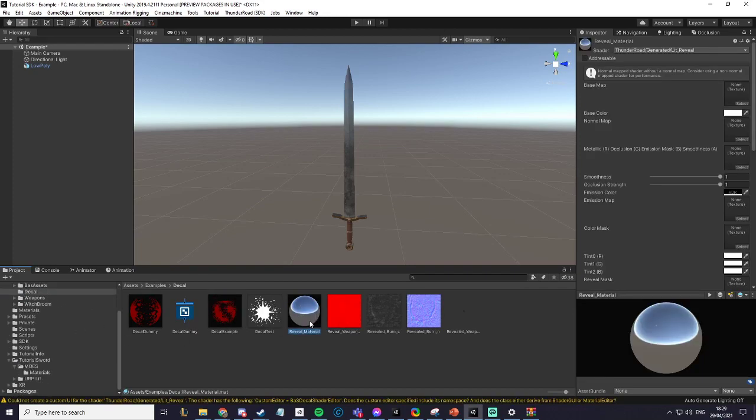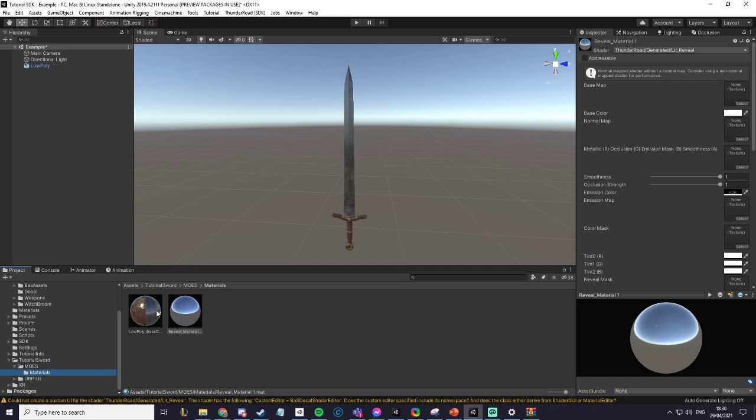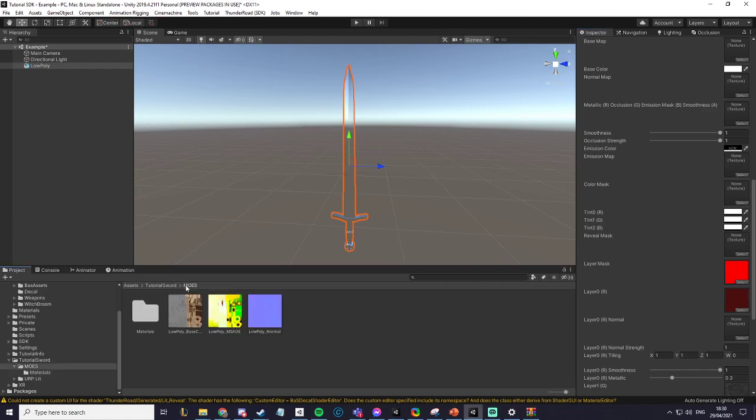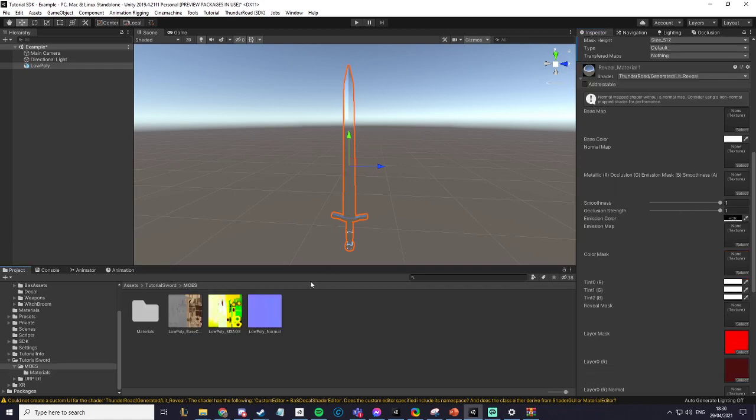What I'm going to do is duplicate it via Control D and just drag it into the materials folder that had my material. An easy way to apply the reveal material is to just put it on the weapon, because then we can edit the reveal material with textures here. So we want to move the base color to the base map,